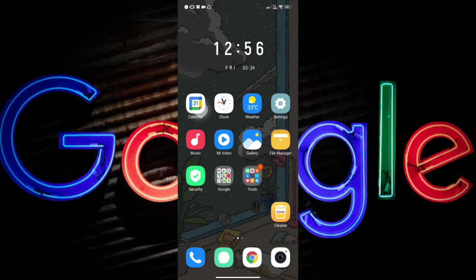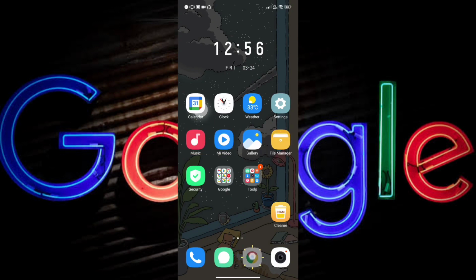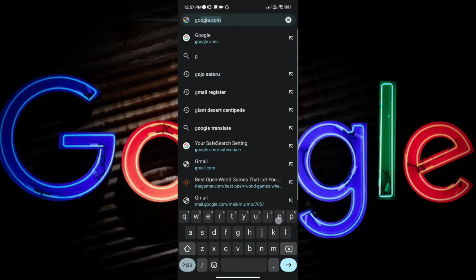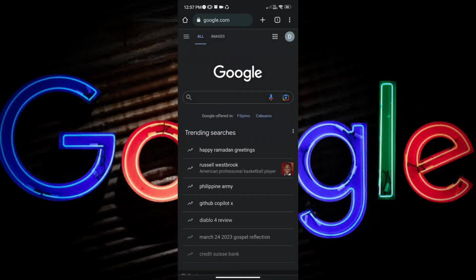Okay, so for the first step, you can open any browser that you'd like. But for this video, I will use Google Chrome. And once you've opened, just tap in here on the search bar and search for google.com. And once you've entered,